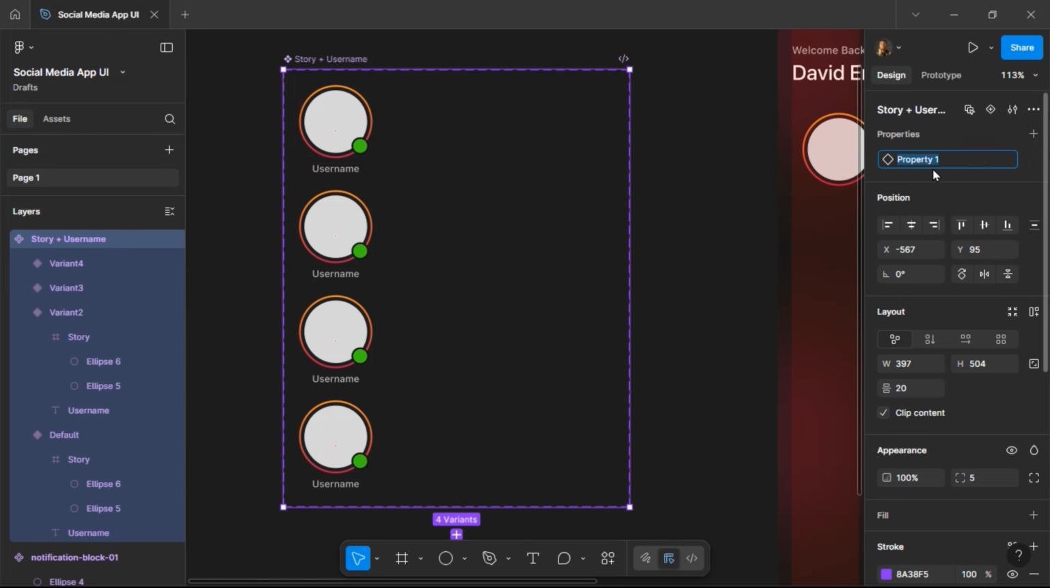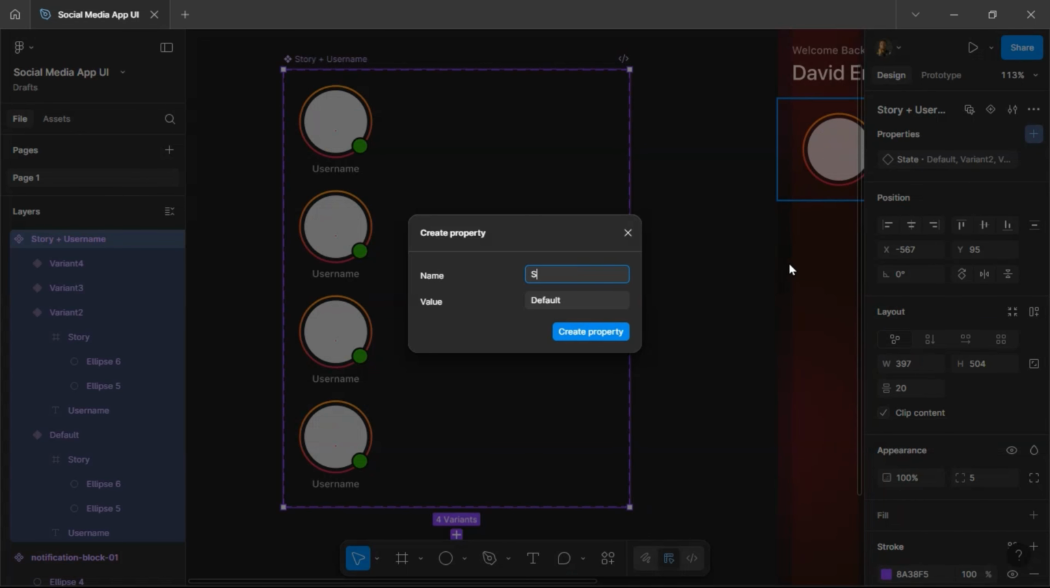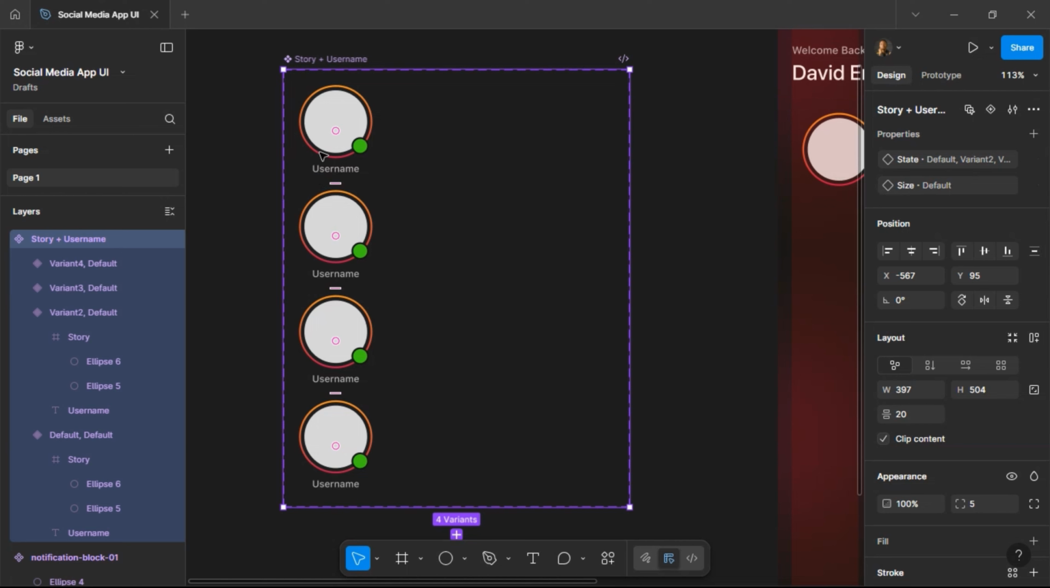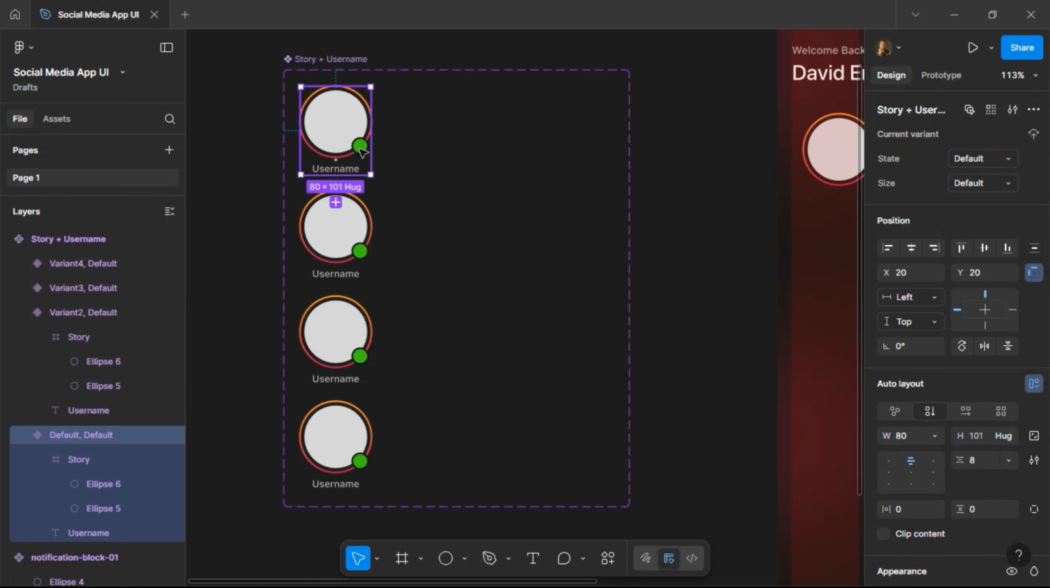So the first thing I'm going to do is change this property to type, or we can just call it state. Let's call it state. So we have the state. Then we are going to add another variant now. The next variant we are going to call size. So now that we have these two things,